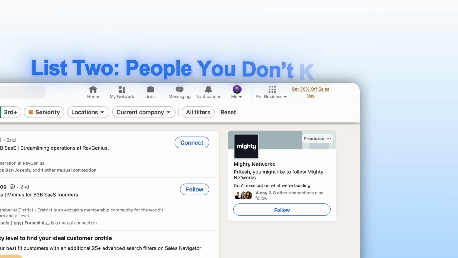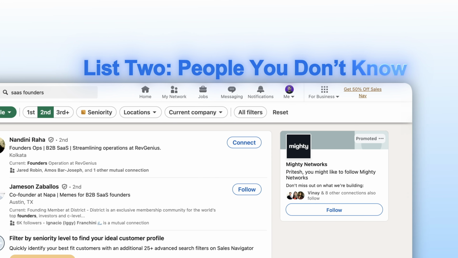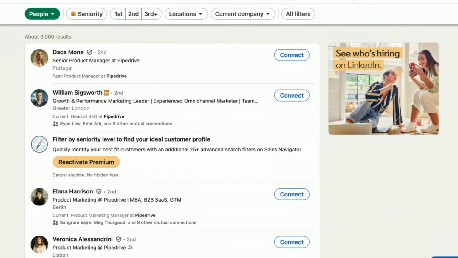Now, the second list is the people whom you don't know. Obviously, the people you may know are more likely to respond, but that list would be quite small and restricted. So now you need to find relevant people who can actually respond to your offer. Google directories, Facebook groups, and online communities help a lot in getting people's information and their emails. A power move is checking out your competitors' followers. If they are interested in your competition, they might like your offer too.